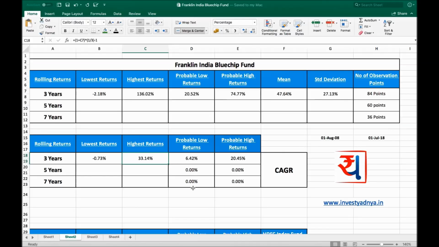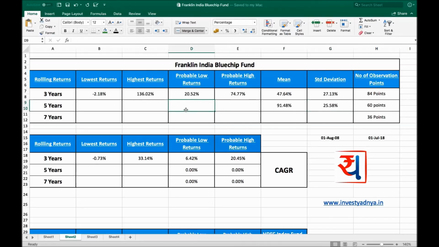So in 3 year category, this fund has given the lowest returns of minus 0.73%, highest returns of 33.14% per annum, and the probable returns this fund can give us over the period of next 3 years can be 6.42%, and probable high returns could be 20.45%. So now we will go to the second category, that is 5 year rolling returns. We first will see what is the mean value of these 5 year rolling returns. That is 91.48%, and standard deviation is